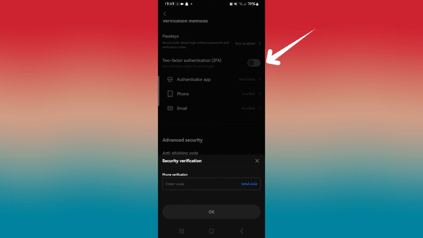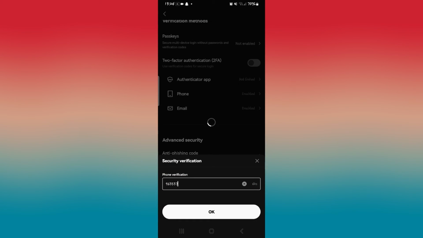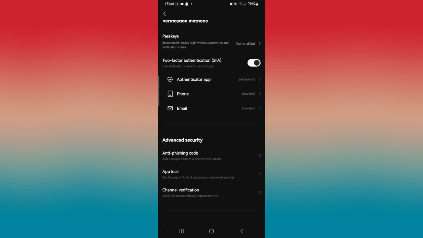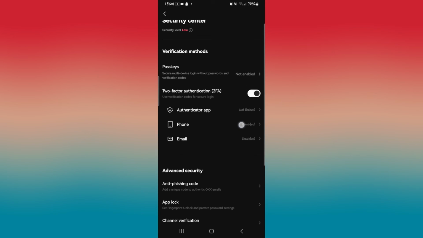Go ahead and tap on the button to turn it on, and you will be asked to verify using your phone first. Tap on the Send Code button and you will receive a code within your phone that you can use to proceed with the two-factor authentication process. Just enter this code and tap on the OK button,